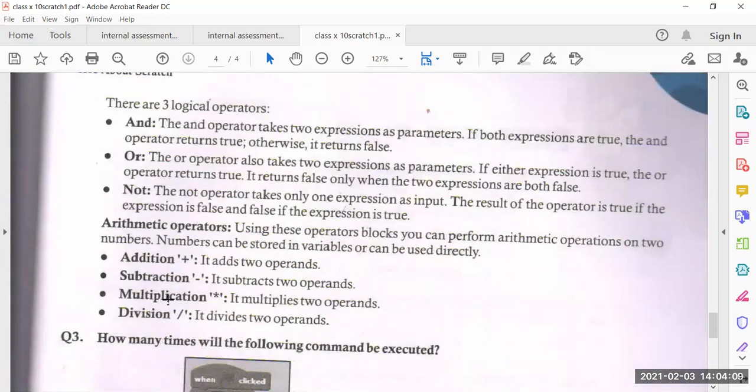Now in the logical operators, if you are using AND, two conditions are required, condition A and condition B. With OR, any one condition is required. And NOT is the opposite: if you give true, it means false, and if you give false, it means true. So this is the thing which you can perform.